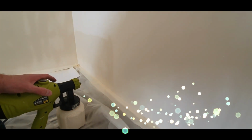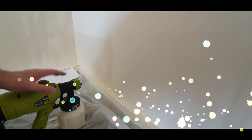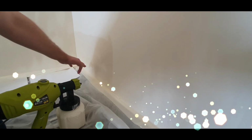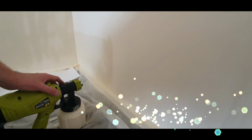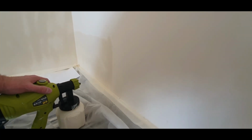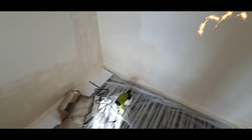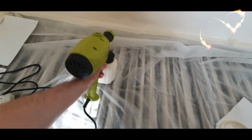So as you can see, the flow rate for me isn't fast enough, and also because it's very, very warm in here, it's actually starting to dry already. But I don't necessarily mind the drying bit. It's just remembering where you've already painted. So I've done something to the gun and I've drastically improved the flow rate. I was messing with the nozzle. So here,